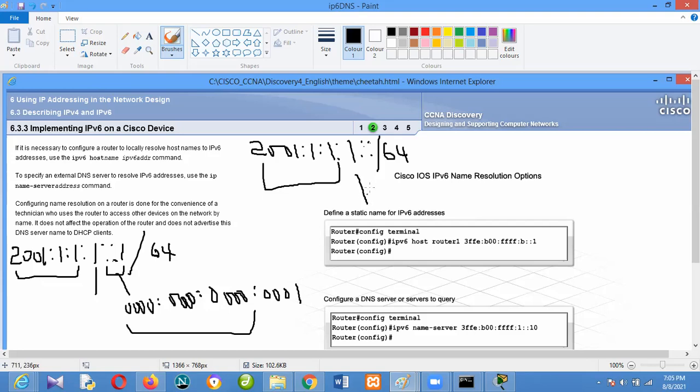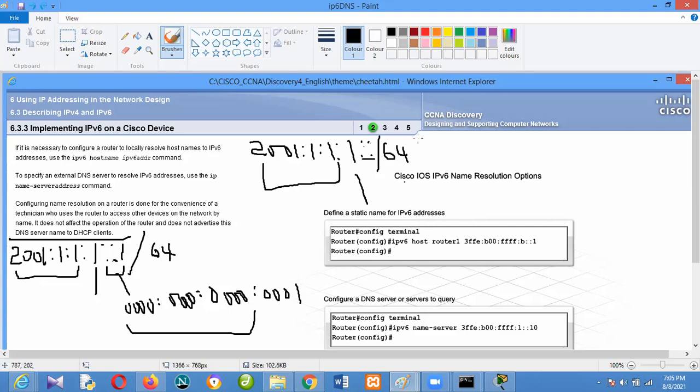This is my subnet. All these are all zeros, so my interface ID is all zeros. What does that tell us? That the interface ID also is a network address. So this is a network address, whereas this one is an IP address, because there is something inside the interface ID. So if I specify this kind of thing, it is a network address.